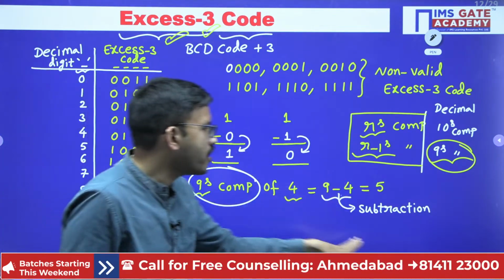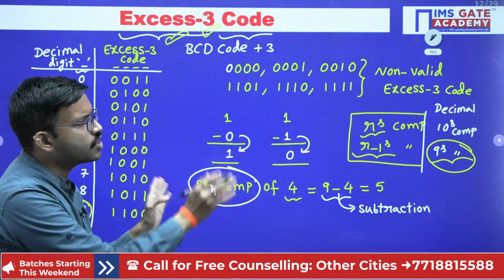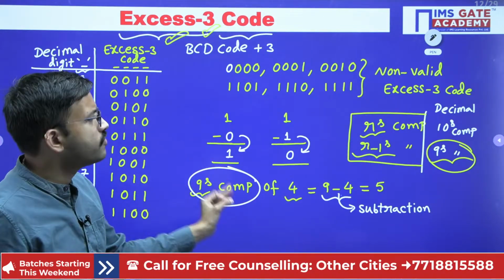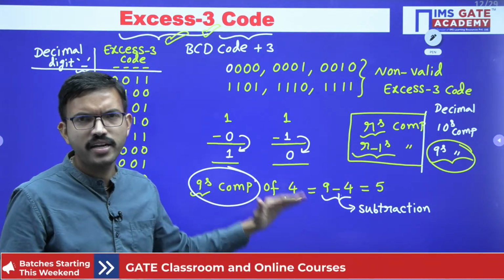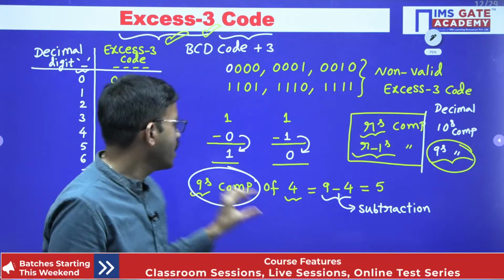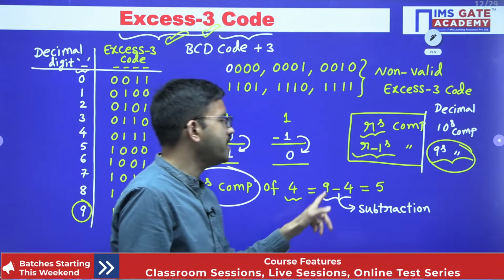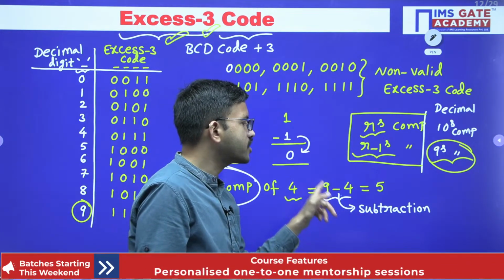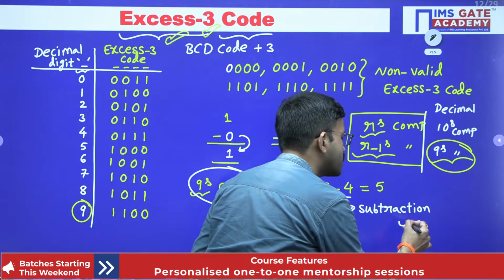Now, if you want to eliminate this subtraction operation, whenever you want to find the 9's complement or 10's complement for decimal numbers, first of all, you have to find the 9's complement. After that, if you add 1, you will get the 10's complement. That's all. Now, in order to find the 9's complement, you require the subtraction. Now, if you want to eliminate this subtraction,